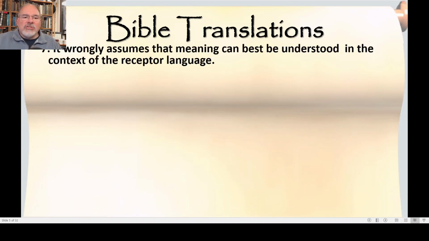7, it wrongly assumes the meaning can be best understood in the context of the receptor language. Now, for us, that's English, right? And that's not true. The best understanding of the New Testament is if you could read Greek. Now, most of us can't, so we have to read in our own language, right? Our receptor language is English. But the assumption that you can get the best meaning in English is incorrect,